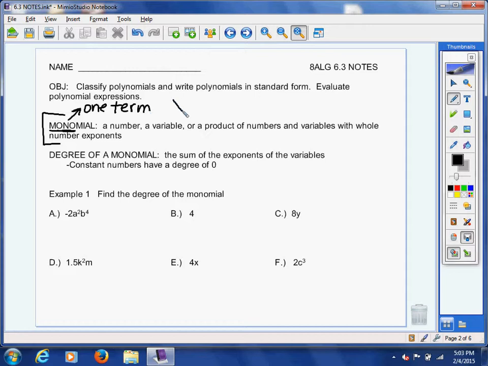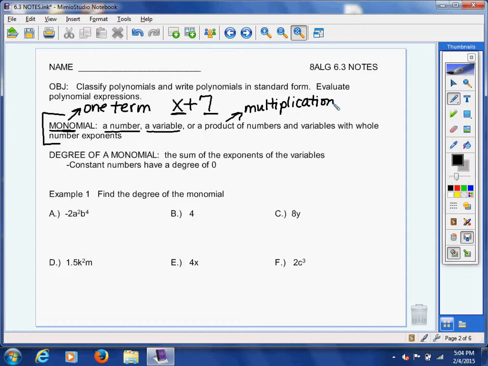So for example, if I had x plus 7, the x is a monomial, and so is the 7. So there are two monomials, two terms there. Okay, so a monomial can be any number. It could be a single variable. It could be the product, remember, that's multiplication, of a number